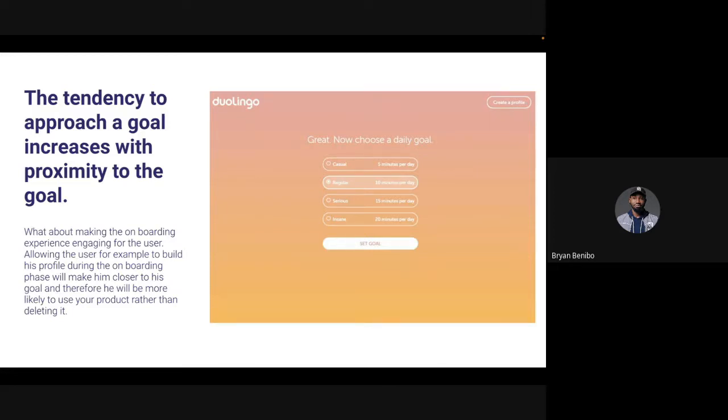Maybe before there were long forms to fill when you were signing up, but now it's just your name and your password. Then the option came for just using, let's push you, let's lead them on. Before, they were filling forms to get users to sign up. Now it's just name and password, or email and password. Then they come with the option of social media API. So just one click. You don't have to fill in and post it anymore. As you sign into your Google account, it just enters, and before you know it, within 2 seconds, you have entered the app. So it's your job as designers to help them make the choice and lead them on.